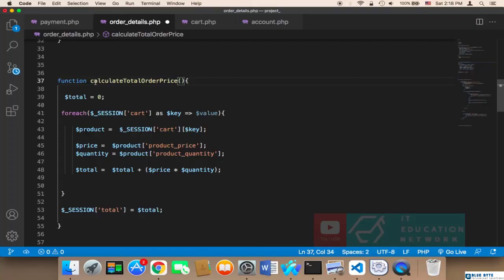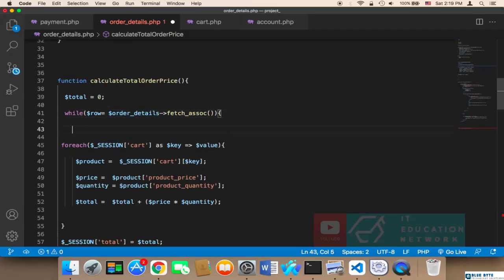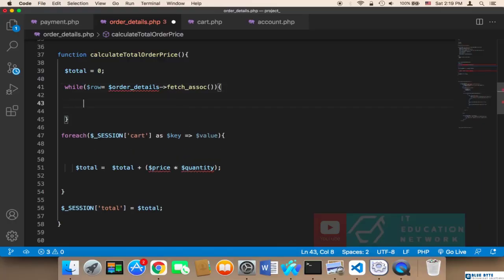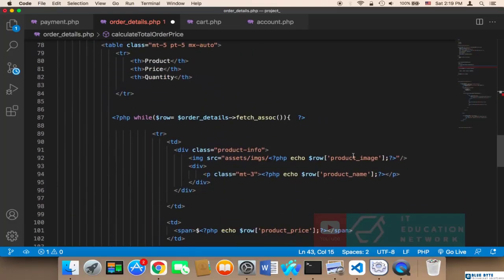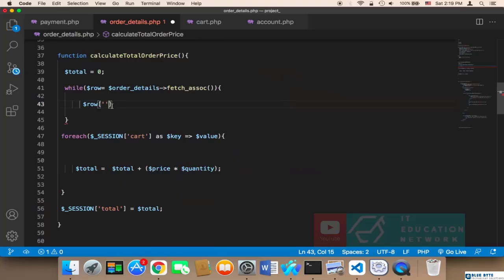So here in the calculate total order price function, I'm going to say while raw order details fetch assoc, and I'm going to close the loop. And instead of using this code, I'm going to remove this code. Instead, I'm going to get here raw, and then what do we want to get? Remember, we need to get the product price and quantity. So here I'm going to say product underscore price, and then I'm going to store it in a variable called product price,